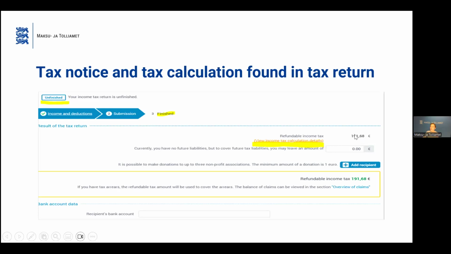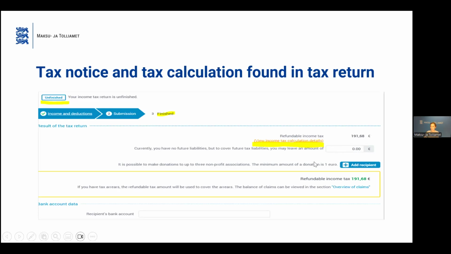And under that, you can find a place where you can leave amount for taxes which are payable in the future. For example, you can leave some amount for land tax or motor vehicle tax here. Then it is taken by tax administration to pay those other taxes, and then it is not refunded but just left to pay the future taxes.